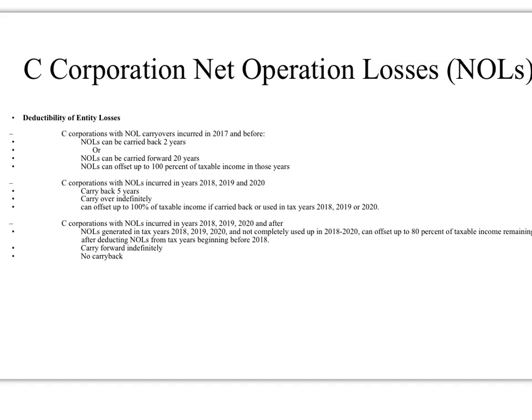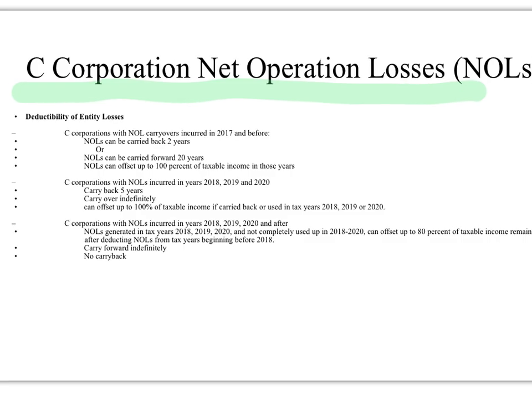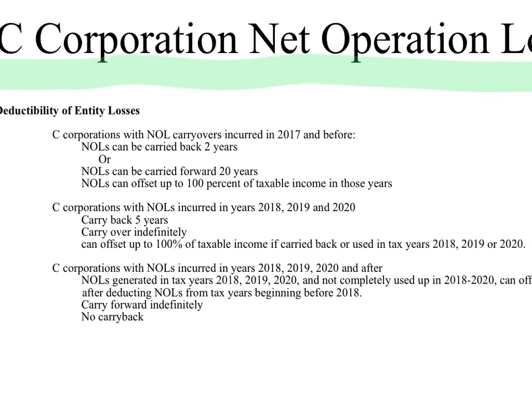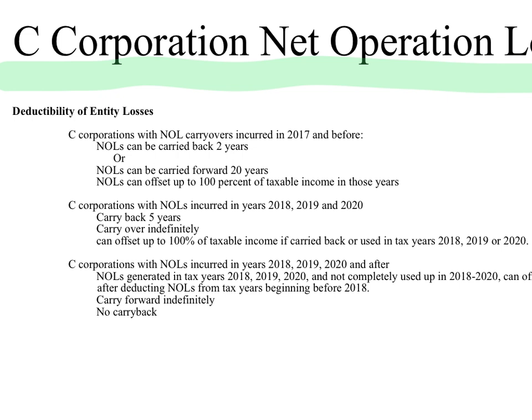The C Corporation net operating loss rules have gotten significantly more complicated than they used to be. So I thought it would be helpful for us to do a video about the net operating loss rules for C corporations. So I'm going to make this a bit bigger. I'm going to read through the verbiage and explain generally what it means, and then I've got some examples that we'll work through as part of this recording as well.